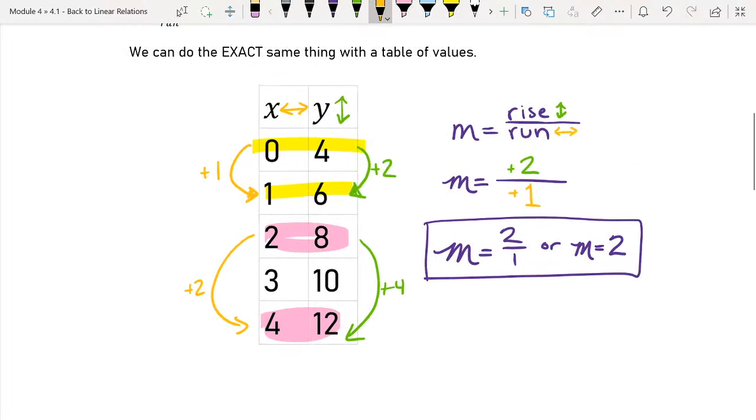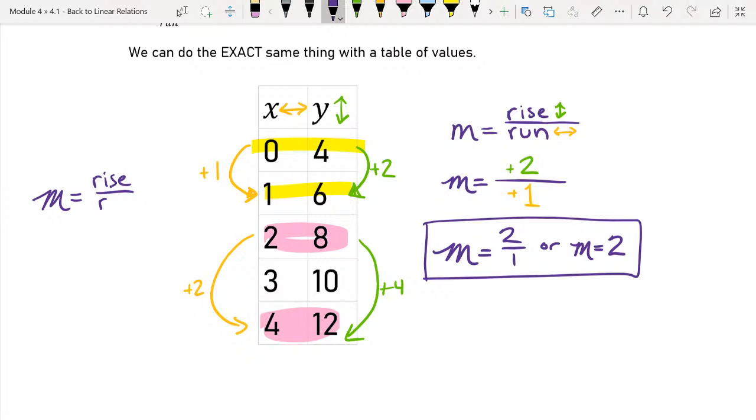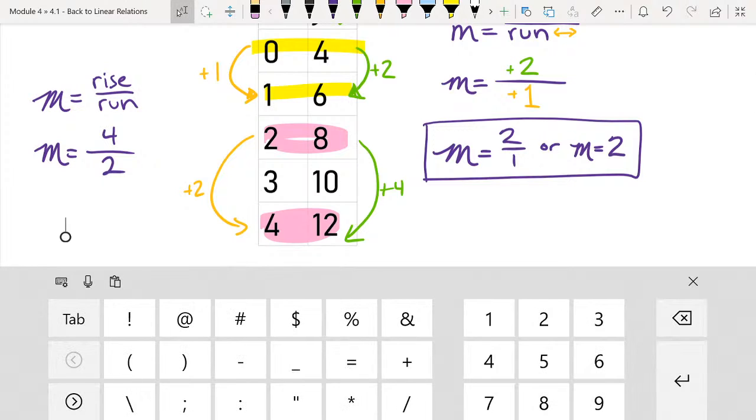I could have done the exact same calculation using those numbers. I could have said m is equal to rise over run. And then I could have said, well, in this case, we rise by 4 and we run by 2. And you might think, well, wait a minute, that's a different number. But rising by 4 and running by 2 is actually the same thing as rising by 2 and running by 1. And you can always prove that because if you do the math on a calculator, we actually do 4